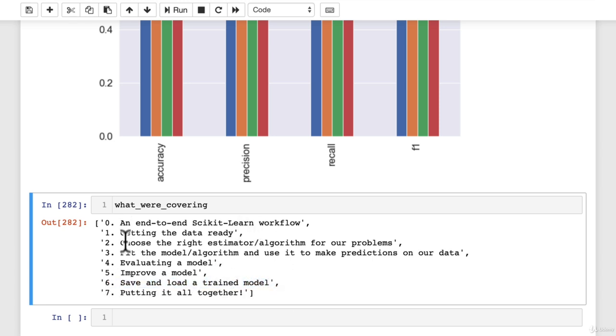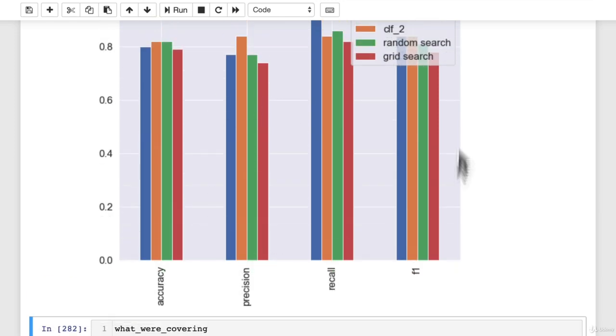So we've gone through all these steps here. We've seen how to improve our models with hyperparameter tuning. And let's say we're at a point where we've improved our model to the point that we're happy to either share that with one of our colleagues, or export it and save it and put it in one of our applications so that our customers might want to access its predictions, something along those lines. Essentially, we want to take our model that we've trained, we've got these results, export it to file, so that we can import it and use it somewhere else rather than it just being within